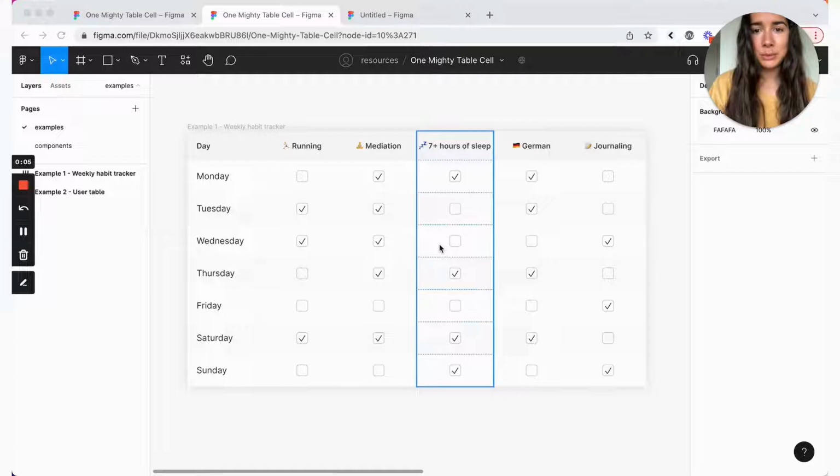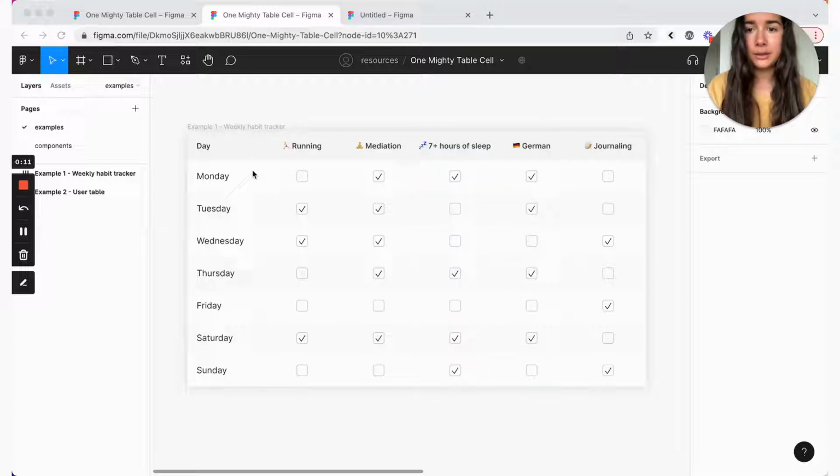So in this one we'll be creating a table cell component, or more specifically two table components, one for the header and one for the body cell. We will not be creating any components for rows or columns or the table itself, rather just one cell component, and you can then use that component to either make a row or column or table.